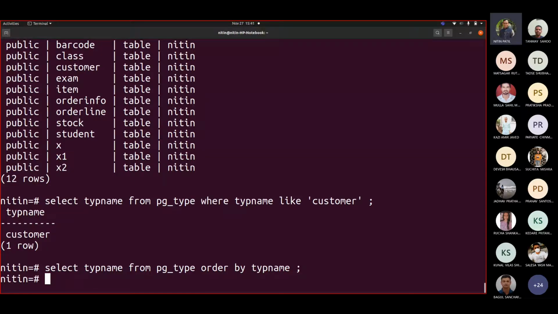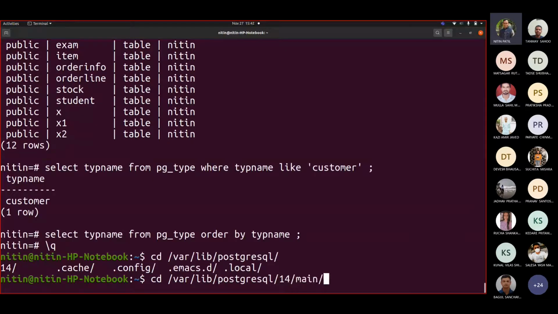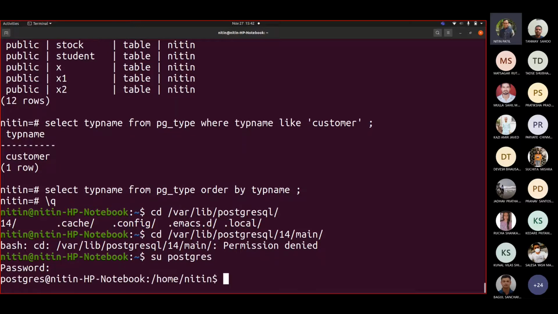Correct. It can contain many things too, because if I try to see, for example, cd /var/lib/postgresql/14/main/base. Sorry, because we are not the owner, that's why.